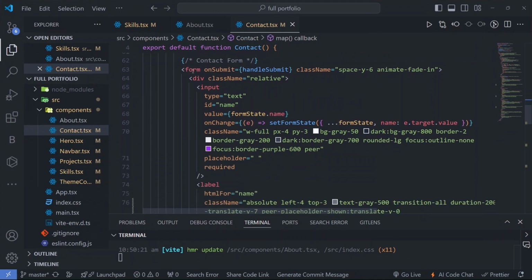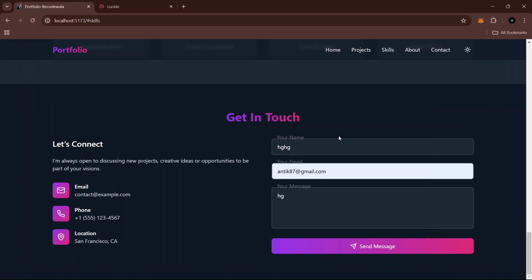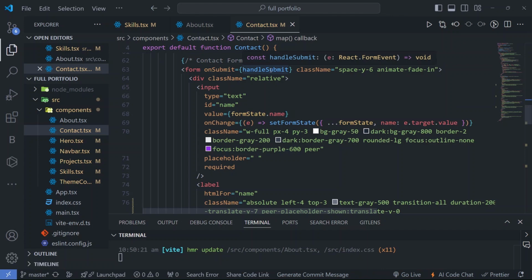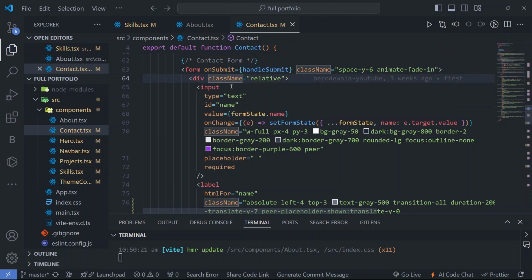Now we have come to this grid part. So, write one. We have 3 inputs and one button. So first of all, onSubmit, handleSubmit. This function we have defined above. When you submit, what will happen? A message will pop up, right? And it will submit the form. So here we have defined a form. In this form we have